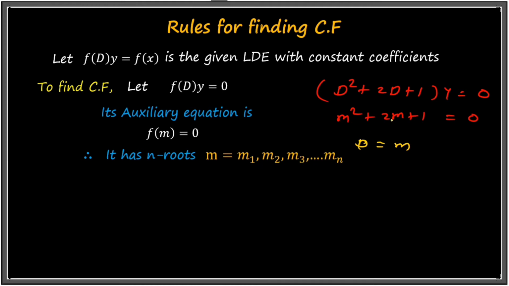Means this is m square plus 2m plus 1 equals 0, that is a quadratic equation. So it is a quadratic equation, so its roots will come, and the factors are (m plus 1) into (m plus